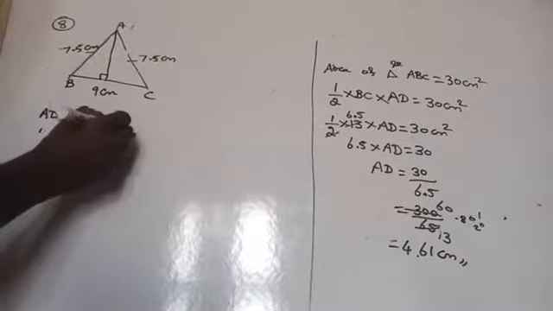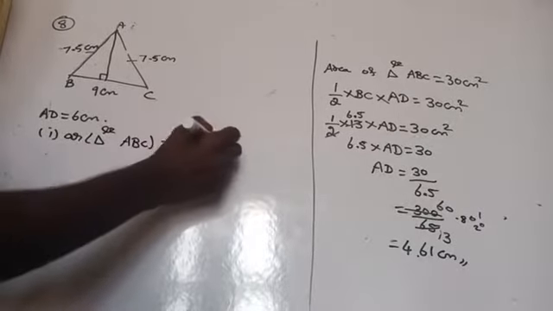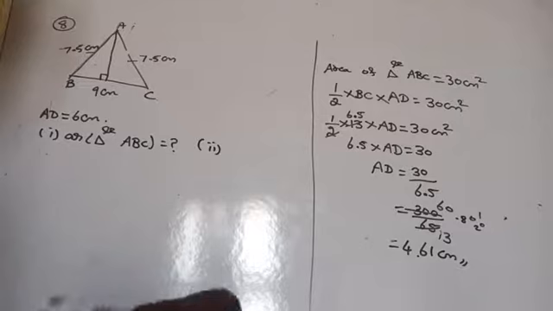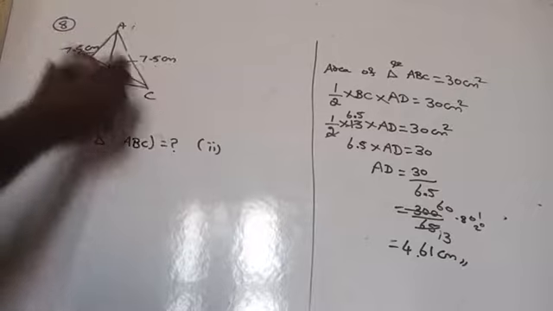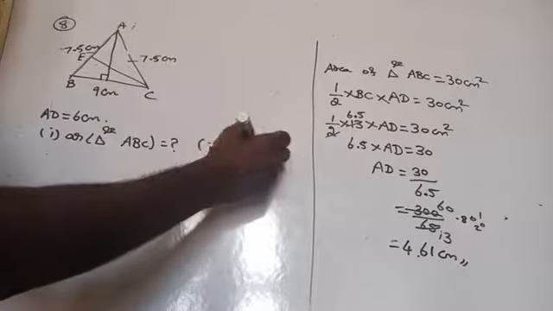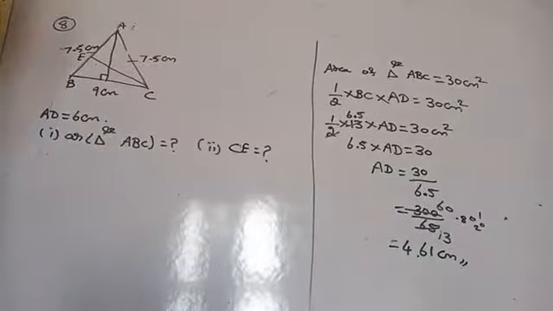Now find the area of triangle ABC. Area of triangle ABC you have to find. And then the second part, you have to find what will be the height from C to AB. Name it as E, something like that. You have to find CE then. Are you getting there? Yes. Shall we find now? Yeah.